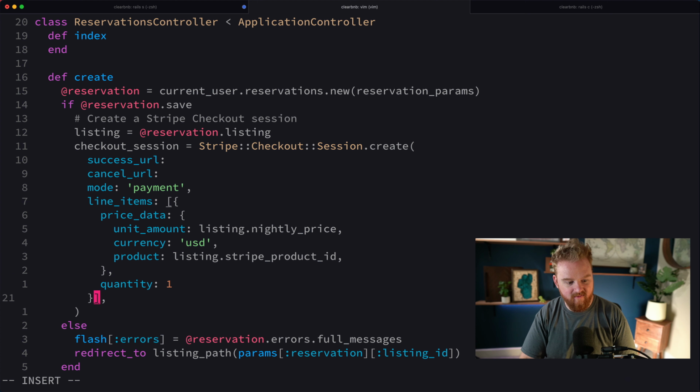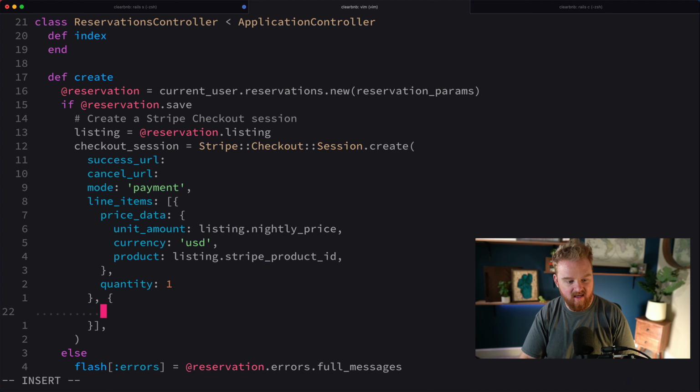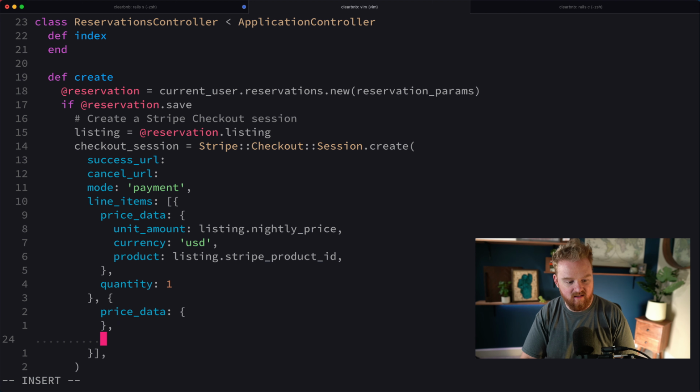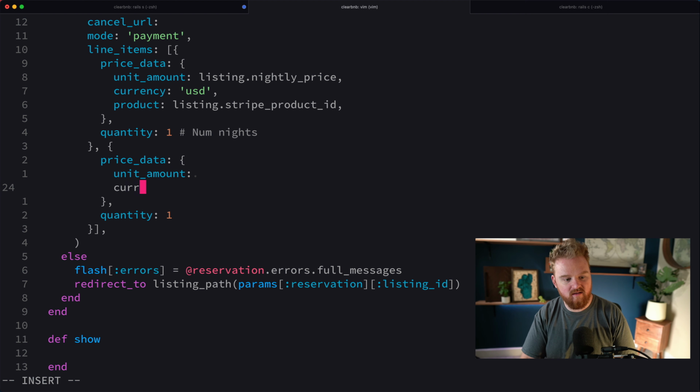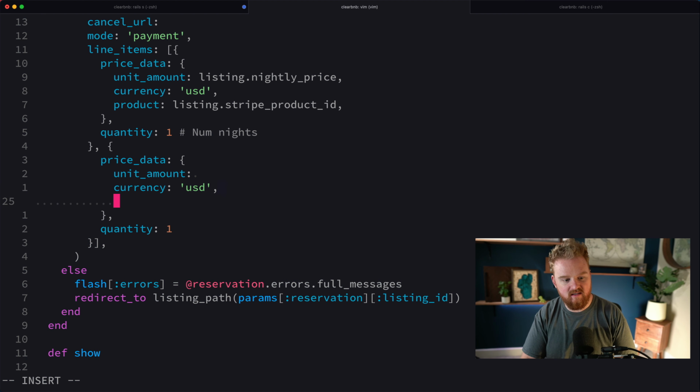And then we also want to pass price data. So we're going to dynamically pass in the number of nights, which we can derive from the reservation eventually, once we figure out how to pass in the start date and end date of the booking. So the unit amount here is going to be something, currency is going to be USD, product again is going to be,